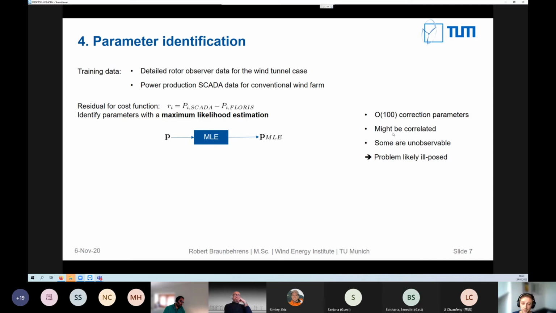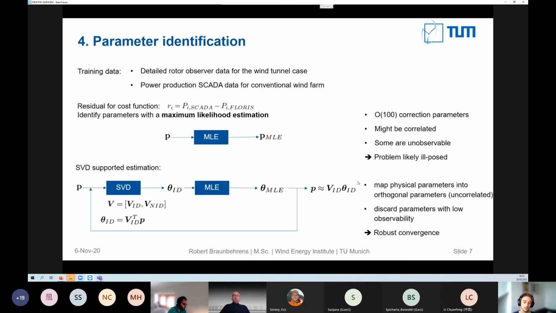And a lot of these might be correlated or achieve similar effects on the power of the turbines, while others are completely unobservable or have no effect. So these problems are likely ill-posed and might not converge very well. That's why there's an intermediate step,